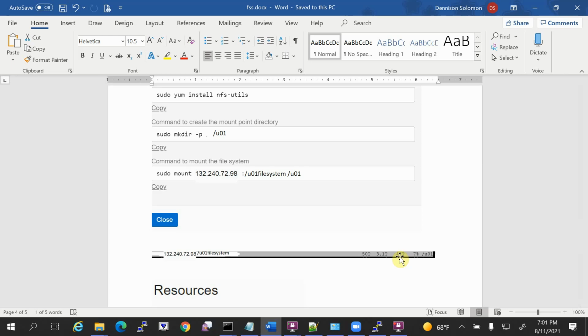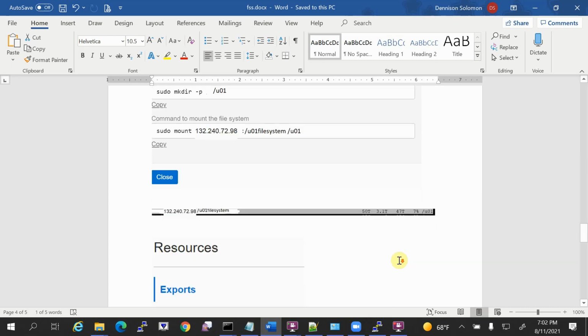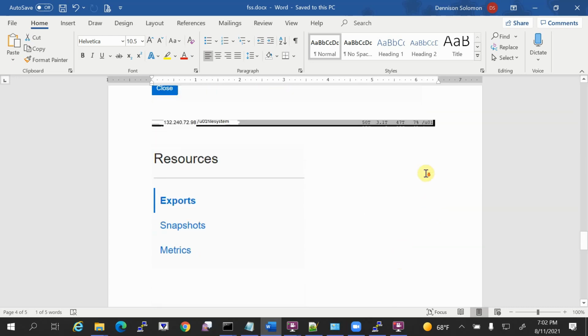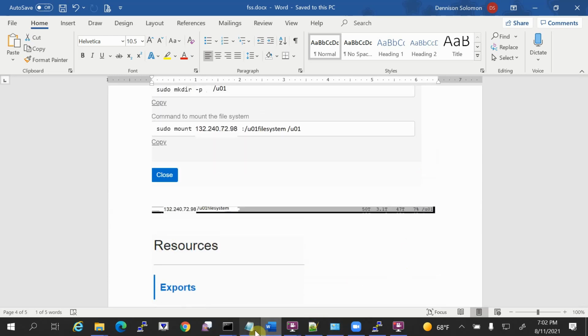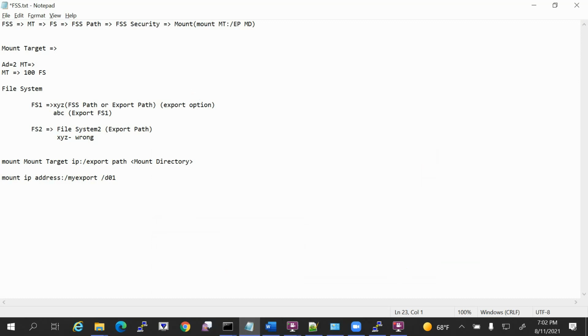Okay. So this is all about how to create the file mount target, how to create the file system, what is export path, export options and all those things. Now, how am I going to create the backup? What is the backup policy? Once you create FSS and mount it under U01, you will find one hidden folder under U01 called snapshot. So go to this U01 snapshot.